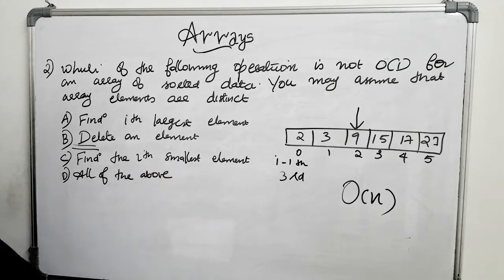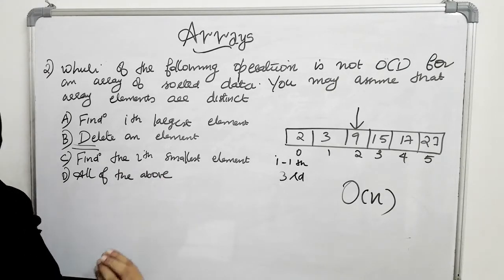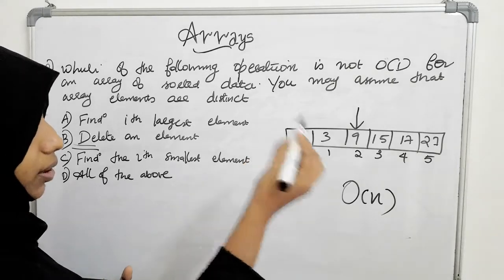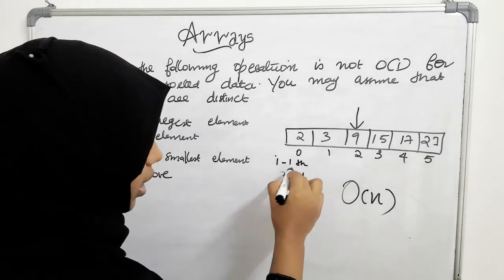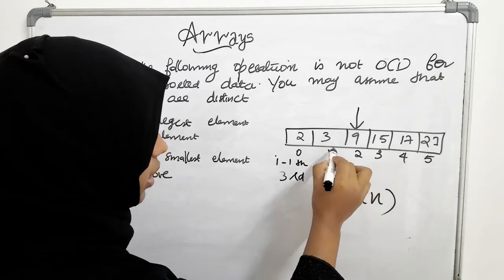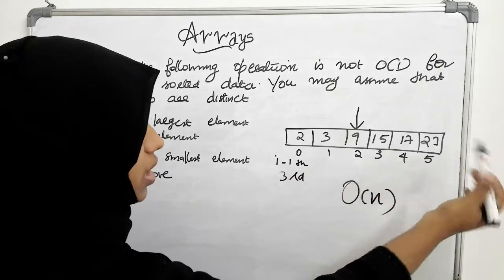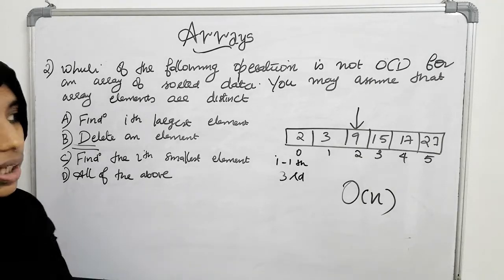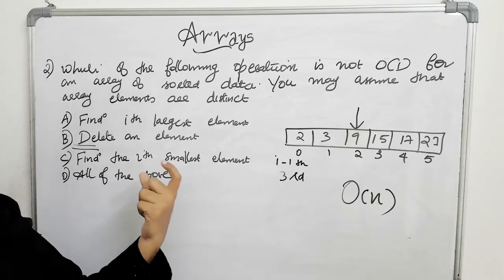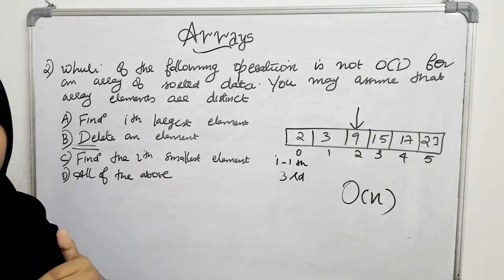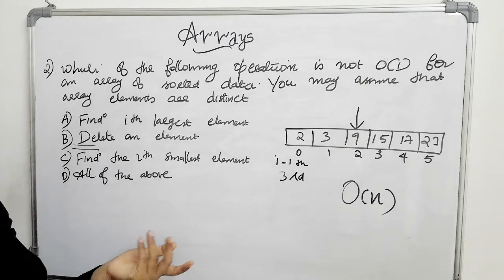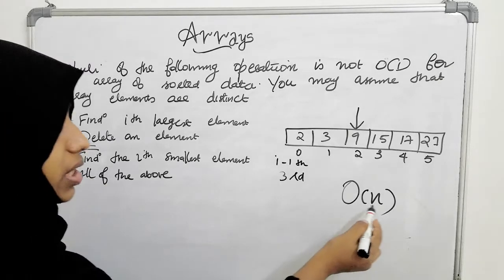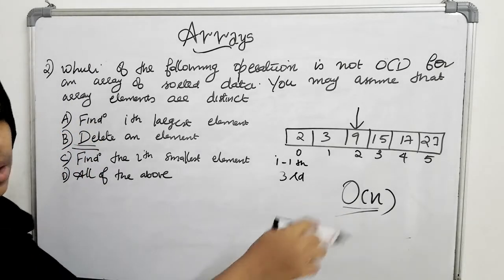Third is the ith smallest element. The ith smallest element is again really easy to find out. You can just retrieve the element from the index. If it is the third smallest element, you can take the element from the (I minus 1) position. And if it is the largest element, you can come from the end of the array. Say the array contains some 10,000 locations, you can take the element from the 9,997th position. So you just need one operation to do that, but in the delete case you need n shifting operations. That is why the complexity is order of n.